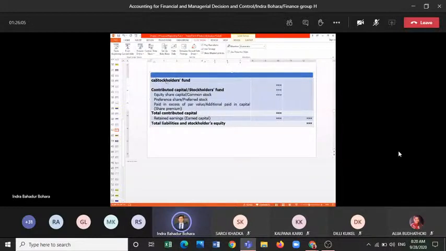Shareholders equity or shareholders fund, there is no difference. Simply you can write equity, and shareholders equity can be classified into two groups as